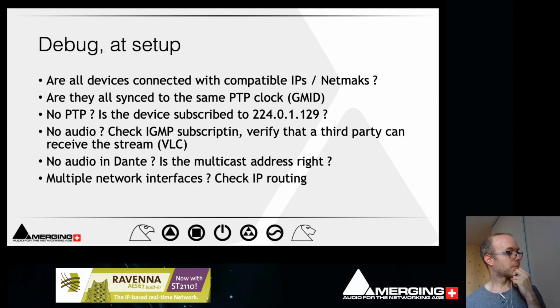So also, if you have multiple network interfaces, there might be a problem about IP routing. Depending on the order that the interfaces were brought up, the multicast query can be sent through the wrong interface, especially with VLC. So check that. Again, it did happen to me a number of times, and it's always puzzling when this happens